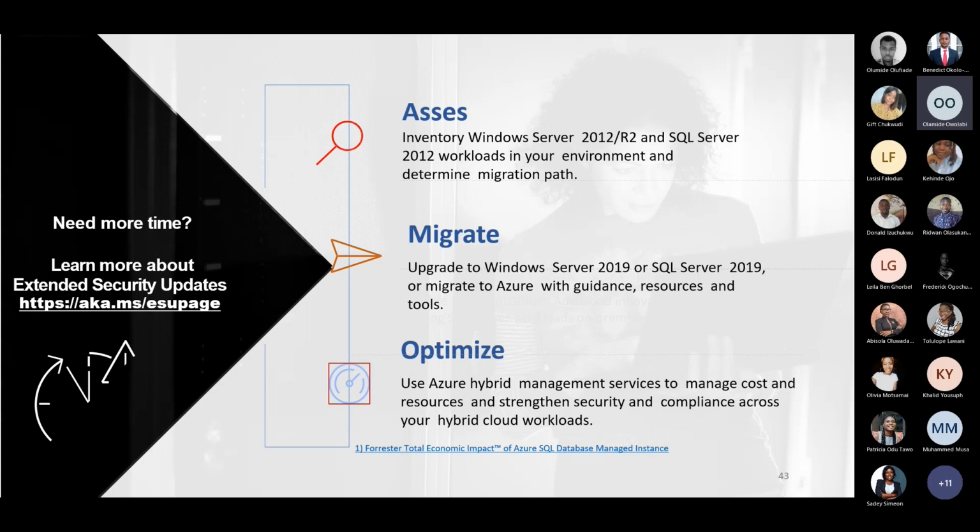Then migration tools, on-premise or Azure. For on-premise, that means upgrading to the latest version, which was 2019. For migration, easily move to the cloud space. And optimize. Take advantage of the tools provided by Azure Cloud to help you optimize your system, to create your innovation, to create your security compliance tools and implementation.